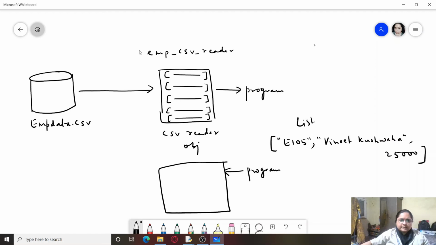Now in the CSV writer object, this is the CSV writer object. So in the writer object, I had provided the delimiter as comma. So wherever it finds a comma, it creates a separate item. So it is stored in the form of a list object only.